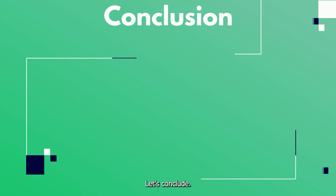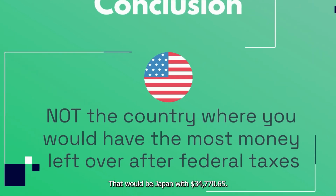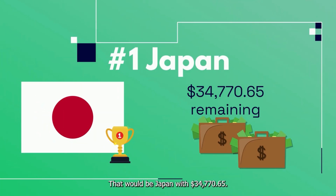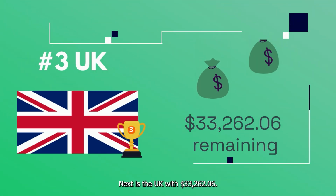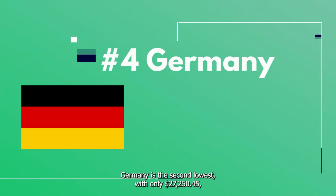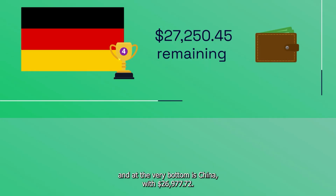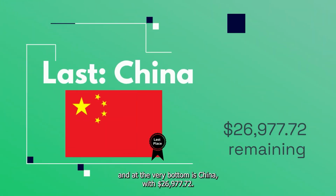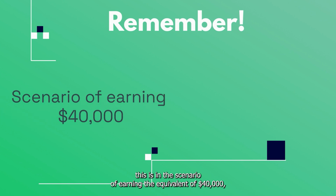Let's conclude. The US is actually not the nation where you take home the most money after federal taxes. That would be Japan with $34,770.65. The US is second with $34,124. Next is the UK with $33,262.06. Germany is the second lowest with only $27,250.45, and at the very bottom is China with $26,977.72. Of course, we must remember that this is in the scenario of earning the equivalent of $40,000, and the